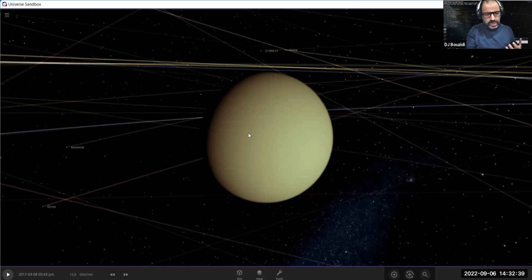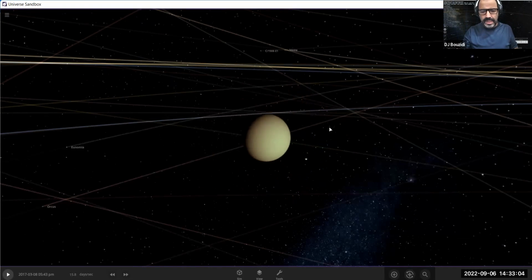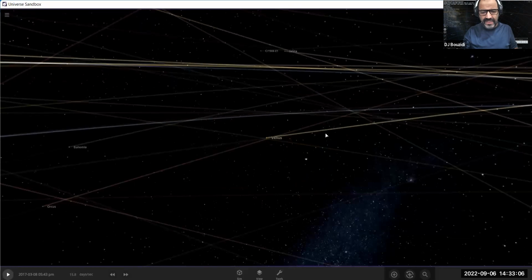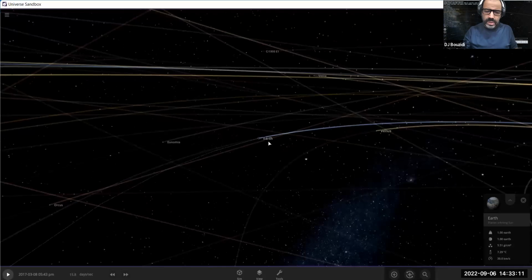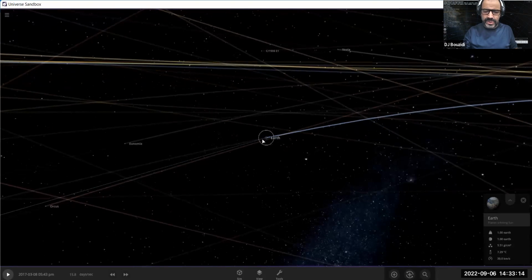This is an extremely hot planet right now because of the greenhouse effect, because of the tremendous atmosphere that it has, which is mainly carbon dioxide, and it has sulfuric acid in the atmosphere, and it's extremely hot. If you could stand on its surface, and you can't, you could not see the sun because of the haze that is over the whole planet. Okay, so again, this is Venus. Obviously, the next one, and I'm going to show it just to give you an idea of how amazing it is. It's really a pressure thing in here,